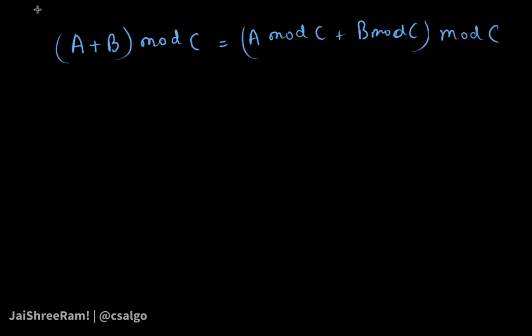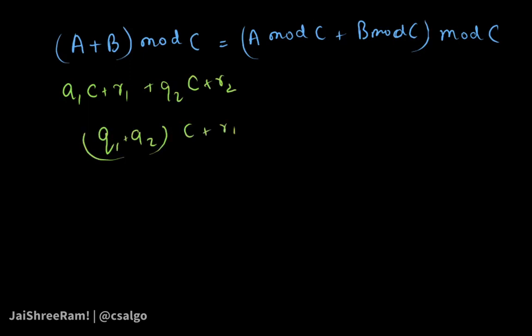Whenever you need to prove theorems related to modular arithmetic, you can just simply take q1 times c plus r1, because any number can be represented in this form for any c, right? This is Euclid's theorem. Now you can take the other one as q2 times c plus r2, right? And if you reduce this, this will be (q1 plus q2) times c plus r1 plus r2, right? And now this part is divisible by c, so that will be removed anyways when you take remainder with c. So this is nothing but r1 plus r2